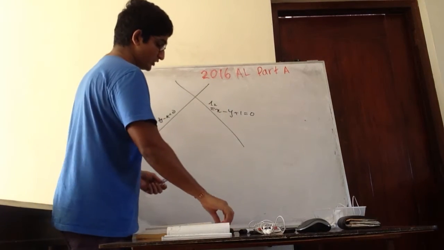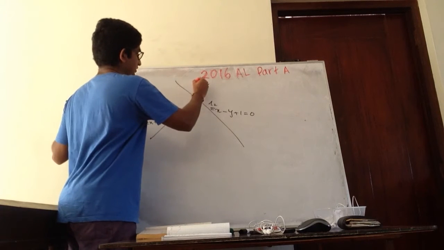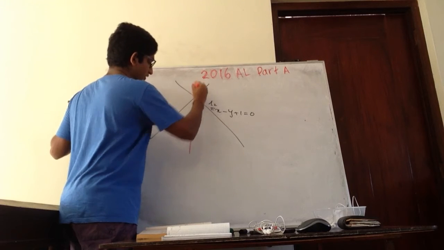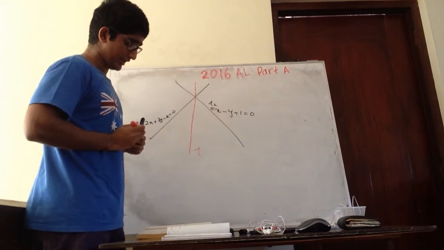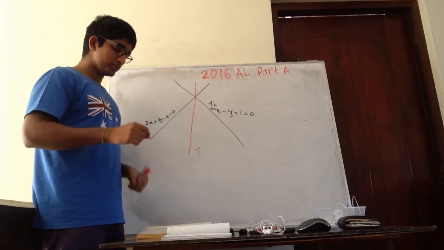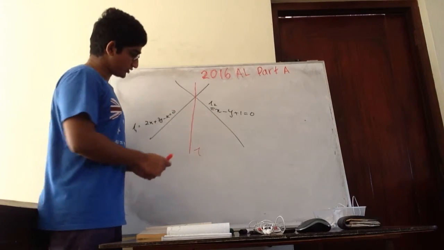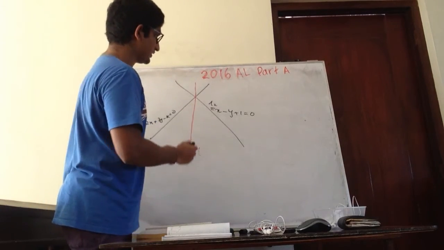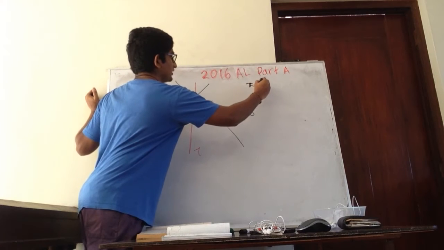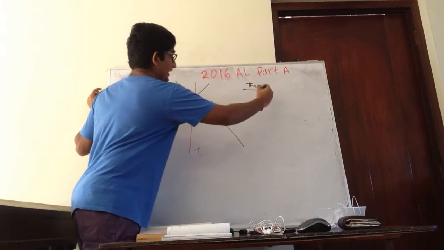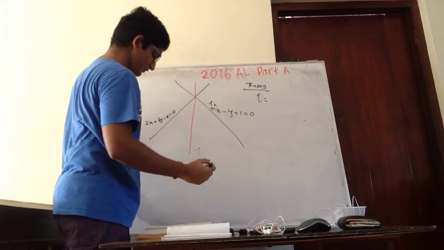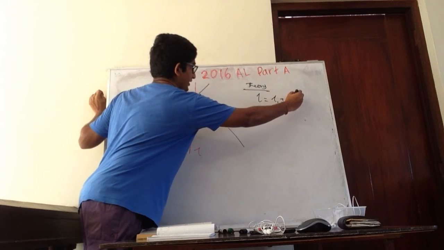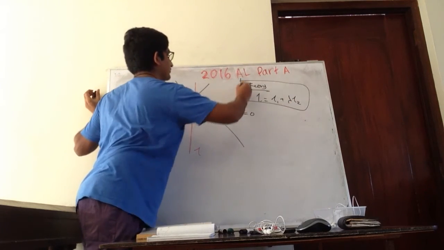Okay, so what is L now? L is something like this. This is L. Equation in terms of k. Right? So this is L now. So what is the theorem? So the theorem states that, so in the theory, L can be written as what? L can be written as L1 plus lambda L2. This is the theory.